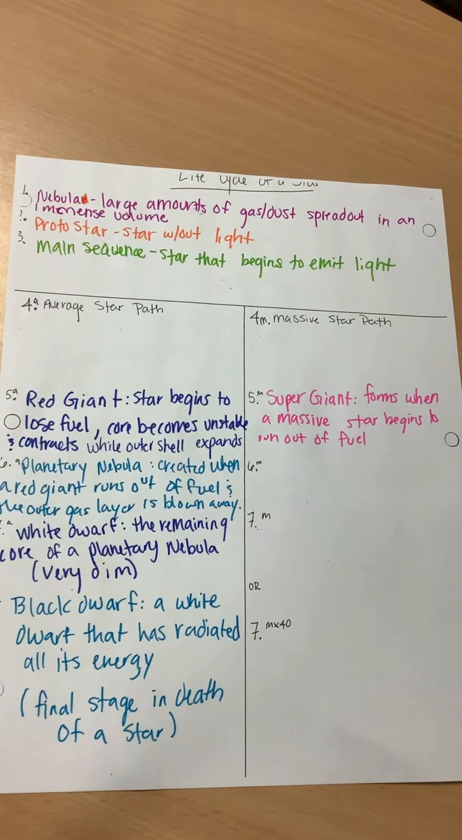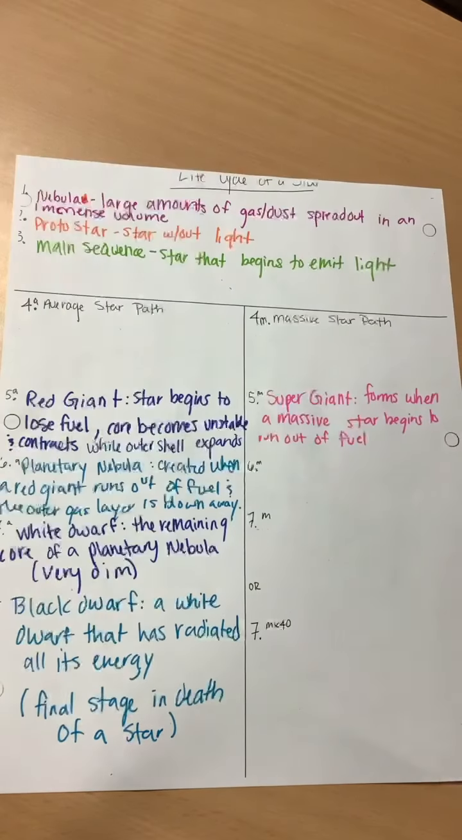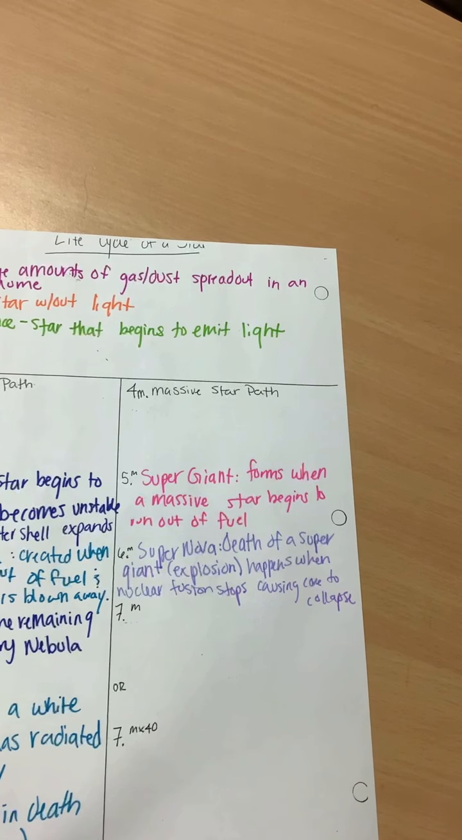After a supergiant, it becomes a supernova. So here's our picture again. Supergiant becomes a supernova. A supernova is the death of a supergiant via an explosion. So basically, nuclear fusion stops in the core, or nuclear fusion stops, period. And then because there is no more nuclear fusion, the core begins to collapse upon itself. And then now there's like another split where you could have,